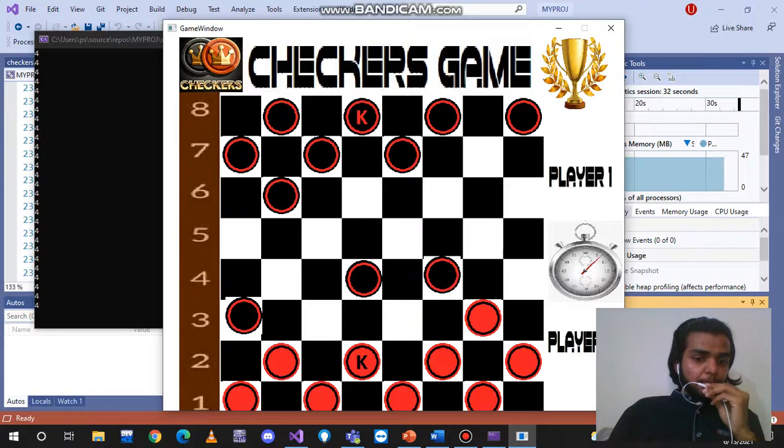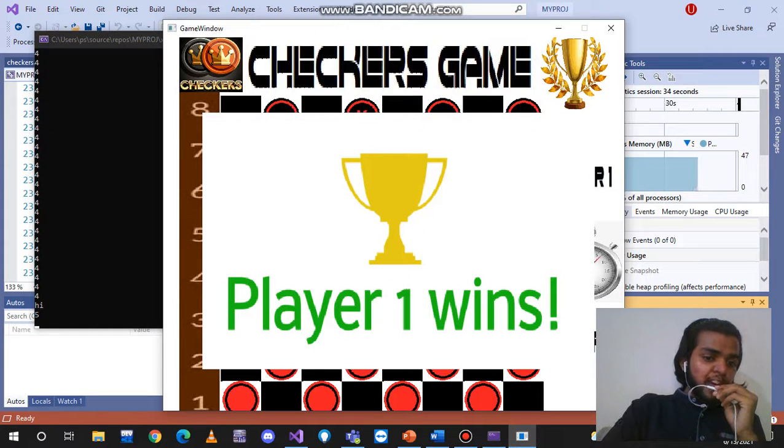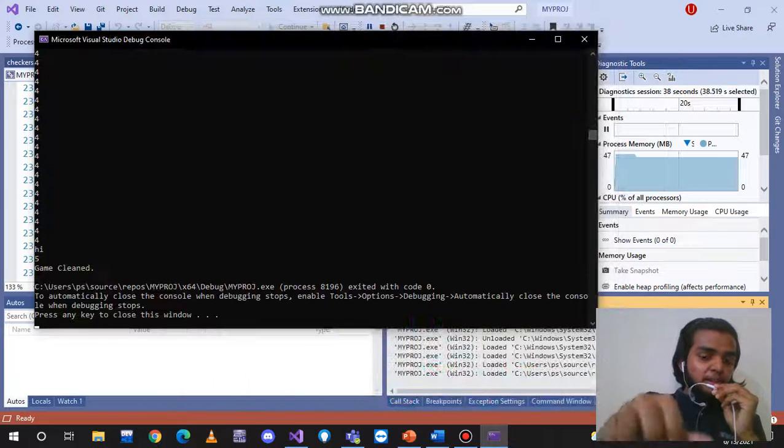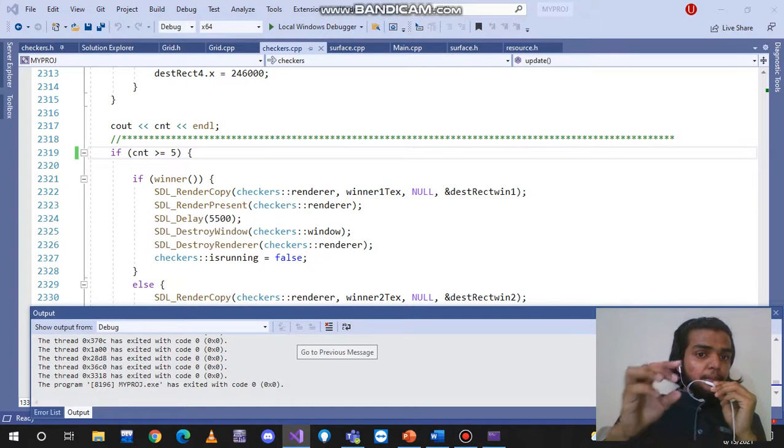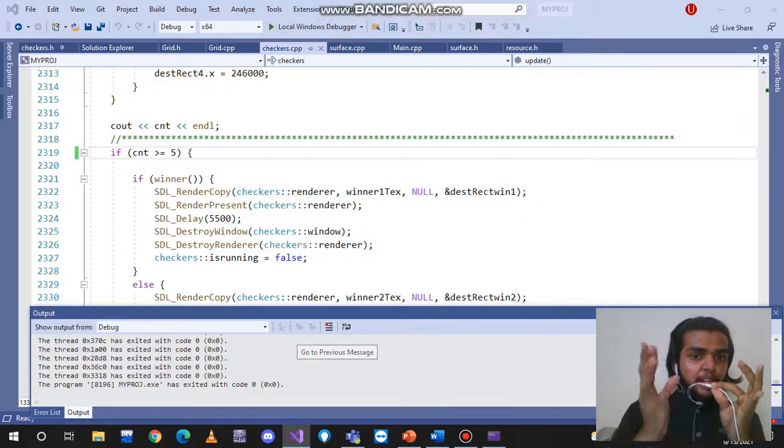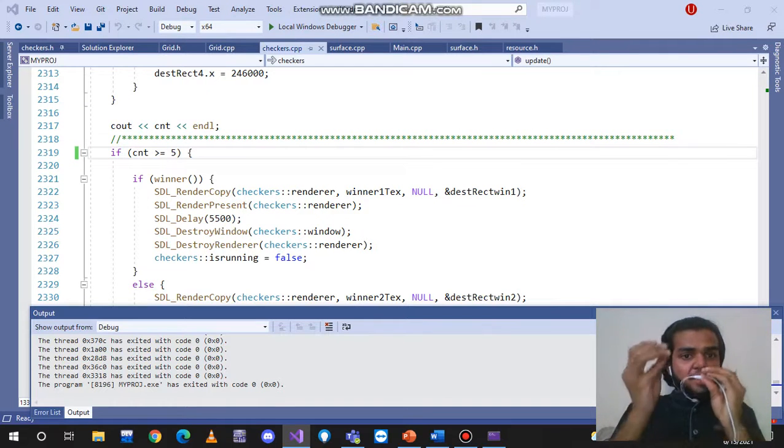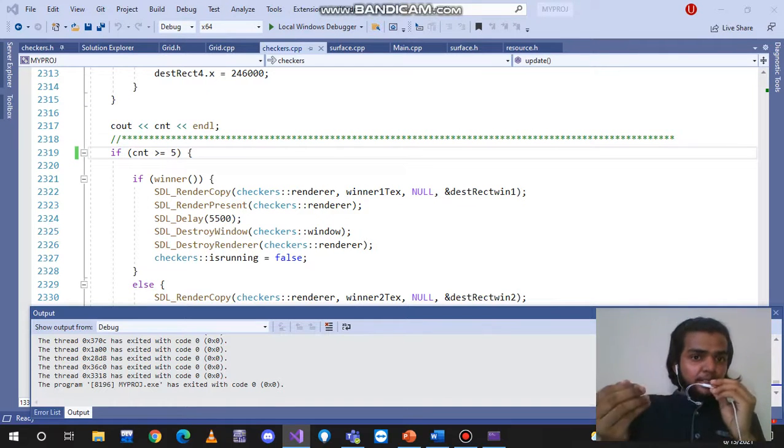Now again player 2. Now as you can see, as soon as player 2 intersects player 1, we have a message: player 1 wins, because the number of times that player 1 has intersected with the pieces of player 2 is greater than the number of times player 2 has intersected with player 1. So as you can see, player 1 wins.